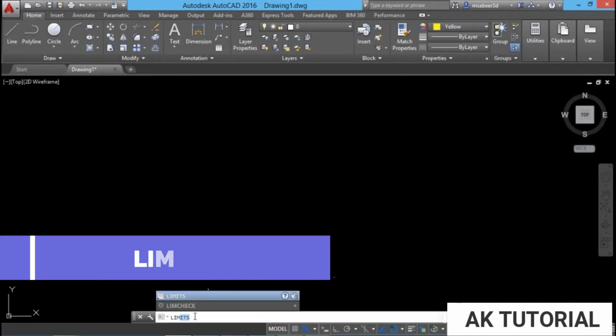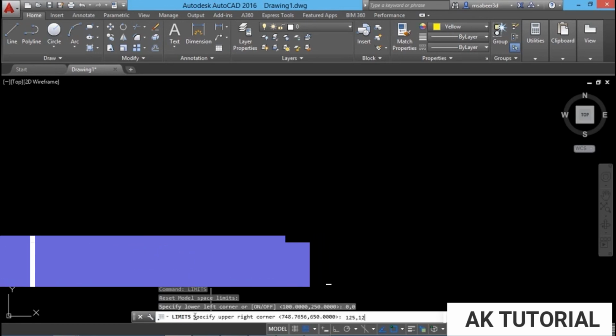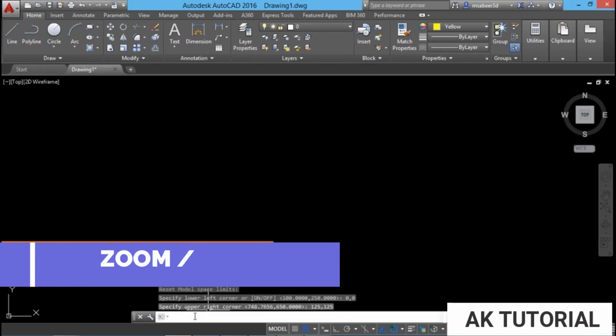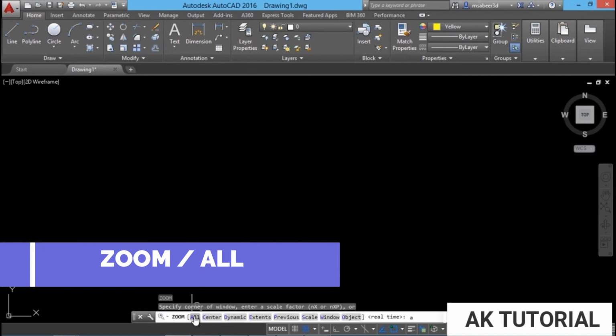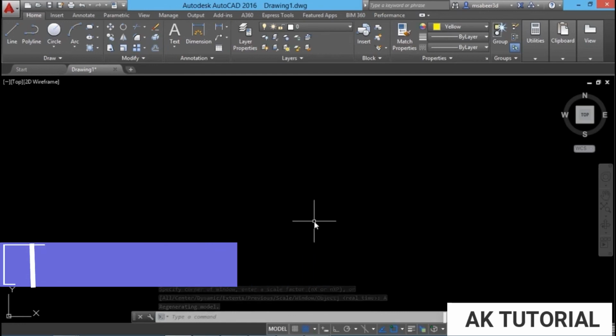I'll give limits. When I'm asked to give the lower left corner, I'll give 0, 0. And when I'm asked to give the upper right corner, I'll give 125, 125. Now I should give a zoom all. I'll give Z for zoom and A for all, or else you can just click on the All option. Now this screen can properly accommodate